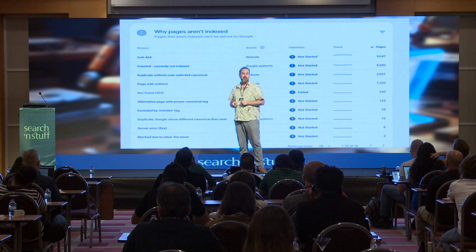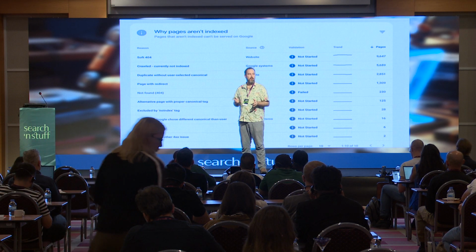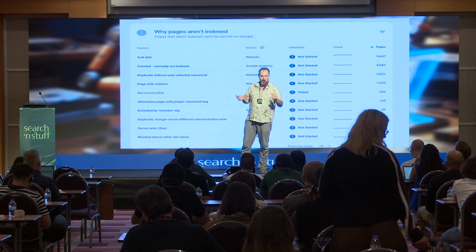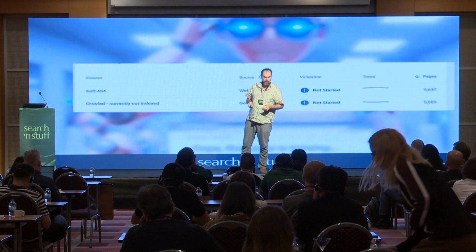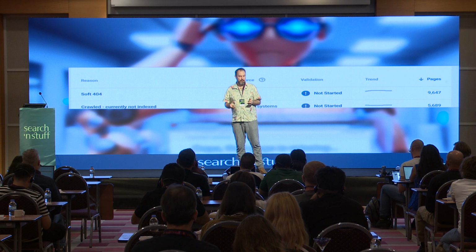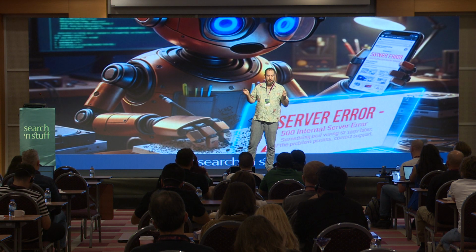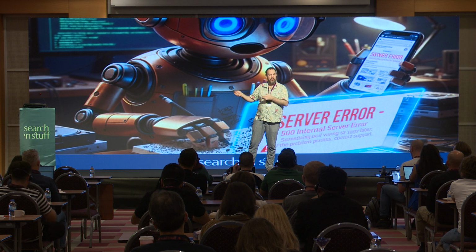The other thing I then do, after I've done all that, is go into Google Search Console and look at the problems it's found. Particularly things like the soft 404 pages. If there are like 9,000 soft 404 pages, that's a massive red flag. And often it's things like a page that isn't missing, which is returning a 200 header, or a 500, which is returning a 200 header.